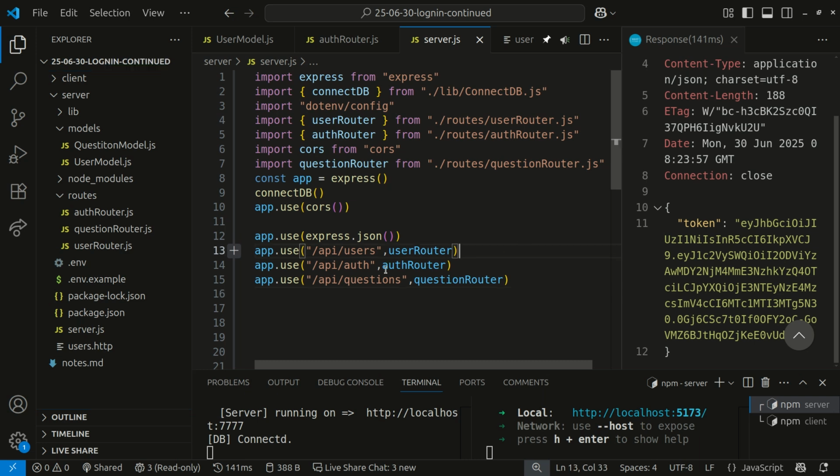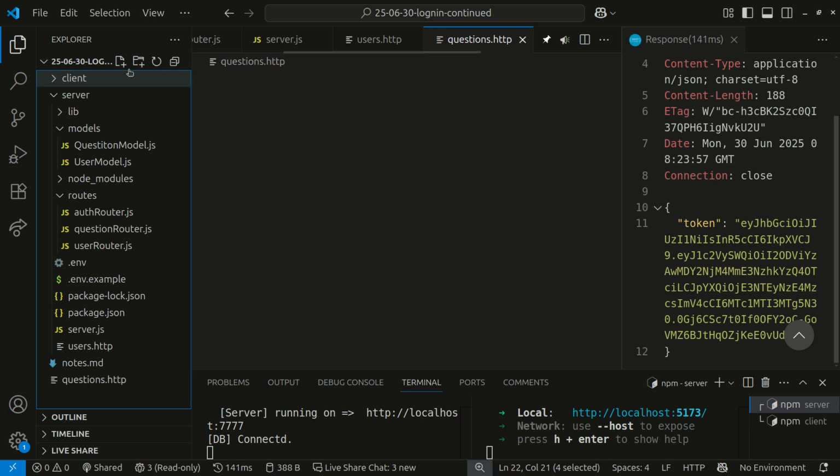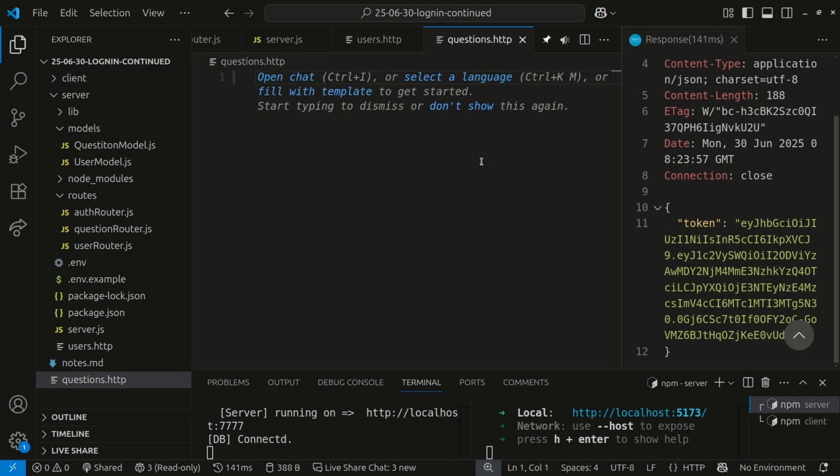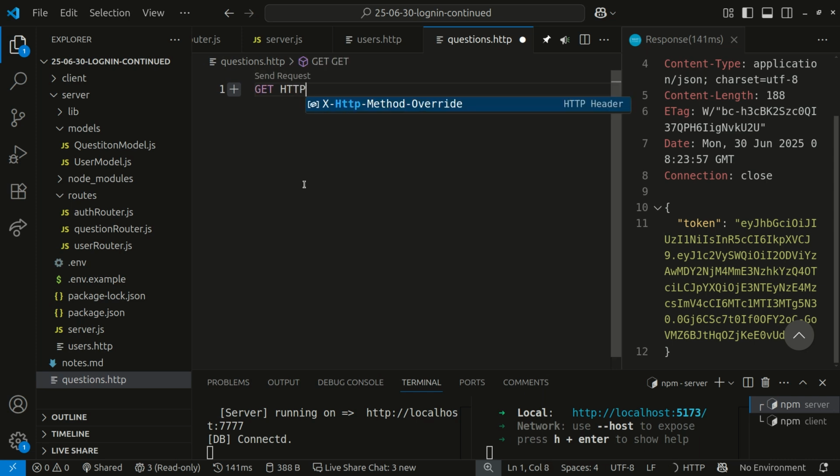All right, let's continue. What we want to do is test our questions endpoint, like saving, getting, and so on. I need to create another file next to the HTTP users one, let's say questions.http. You can do it with Postman or whatever you use. A GET endpoint to HTTP